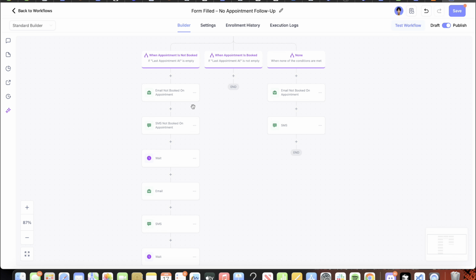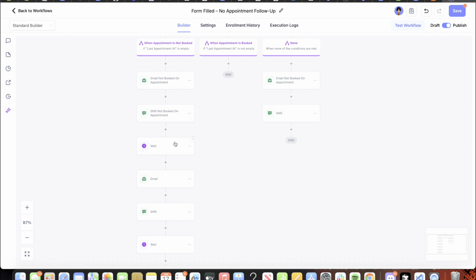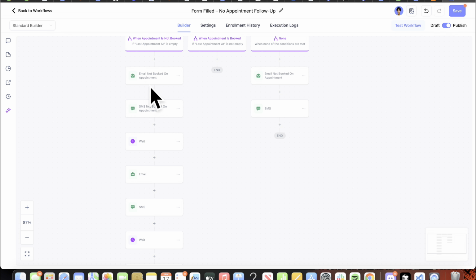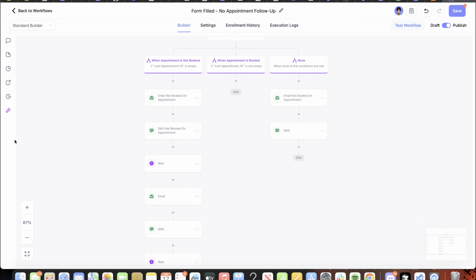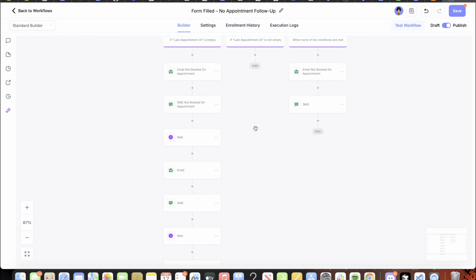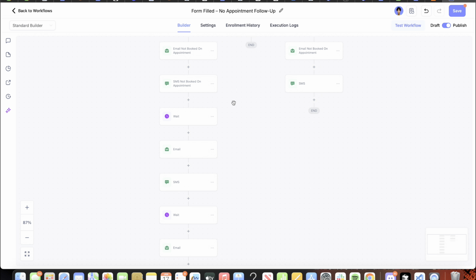So if they still don't do it, right? If they still don't book an appointment, what you're going to do is just keep them in the email nurture pipeline, right? And here's the thing with this: let's say someone does book an appointment after they get this email. You can easily just come in, and I'm not too sure if there's an automation to handle that. I'm sure there is, but obviously some things you have to do manually,